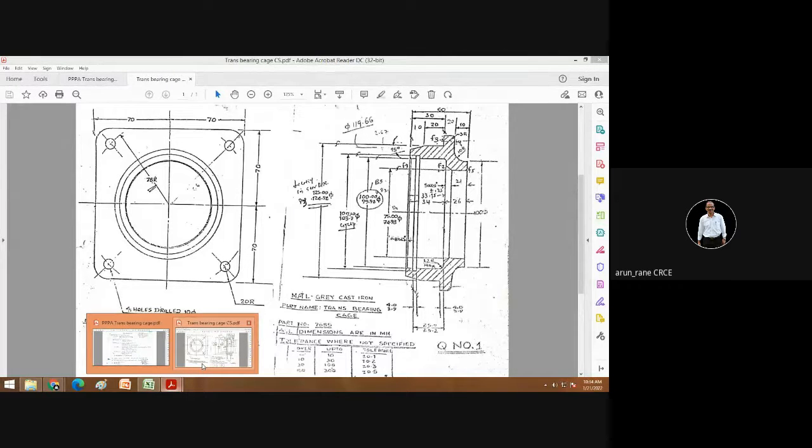So 3 kilo, it will be how much? 3 into 1.25. So 3.75. So less than 5 kg.